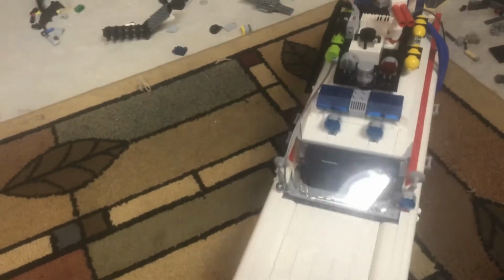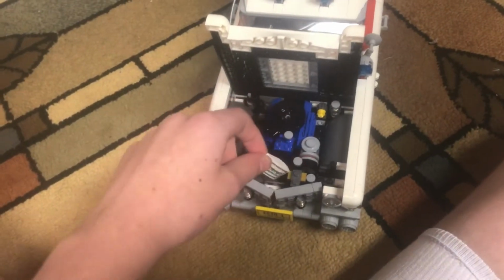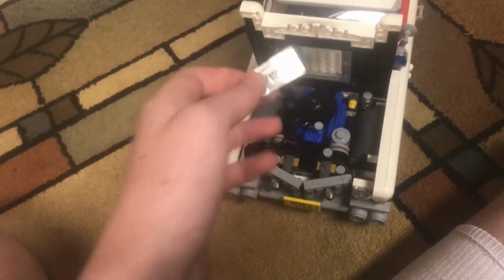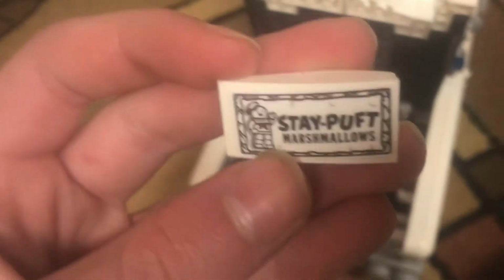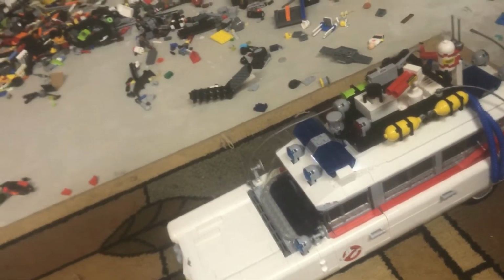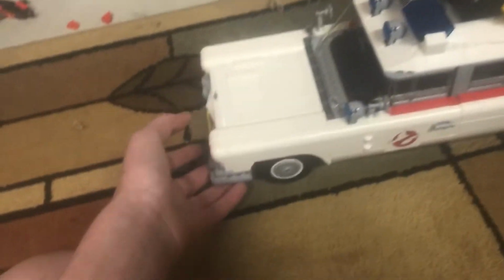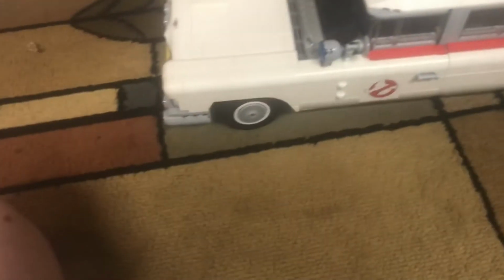So yeah, this set is really cool. Comes with the hood, obviously, that opens up with the engine inside. Stay Puft Marshmallow bag, which I think is awesome. And then another thing I do wish about the set is that it came with minifigures, but since it's from the Afterlife version, it wouldn't come with the original Ghostbusters. And then this knob up here turns the wheels,